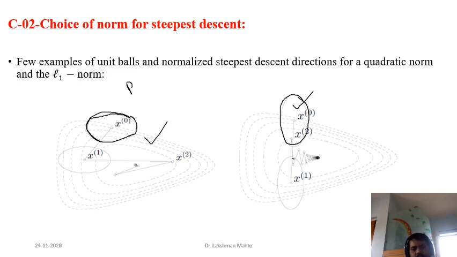So this approach is here. If you take a positive definite matrix in such a way, you get this kind of approach, and in that case your gradient descent is working fine. But if you take this kind of elliptical ball, then your gradient descent will not work fine.